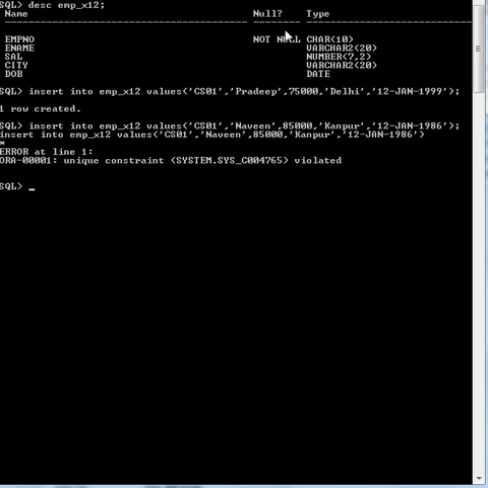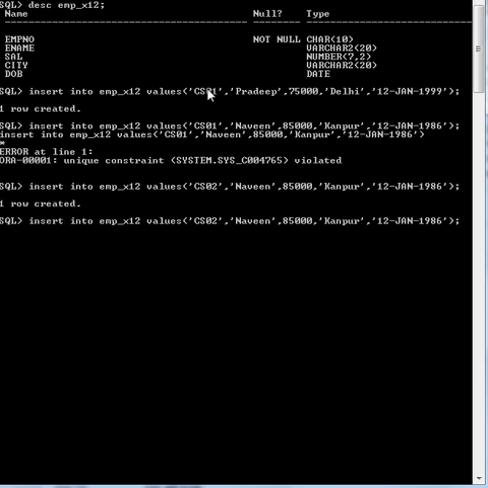Press enter. Insert into EMP values, error: unique constraint violated. So we cannot insert duplicate values in a primary key column. If you want to insert the value, we must have different values.